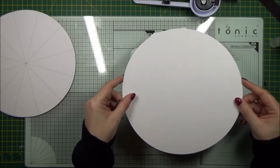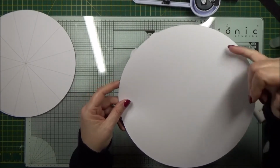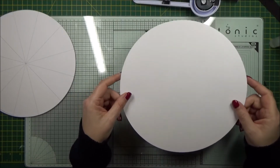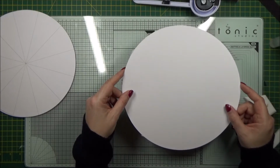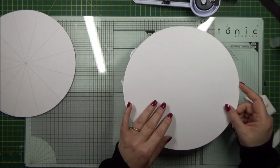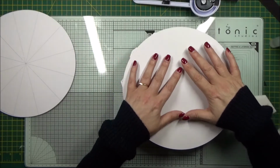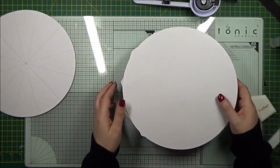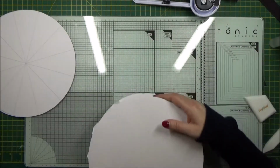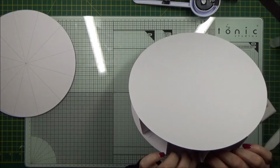with your pieces. In fact, where you've got the holes, where you've used your template so you knew where to put the lines, you can actually know then that the holes are where your lines are. So you can roughly at the moment just line them up, just push gently just so that it starts to stick but not too hard, and then turn it over and then line up each one individually